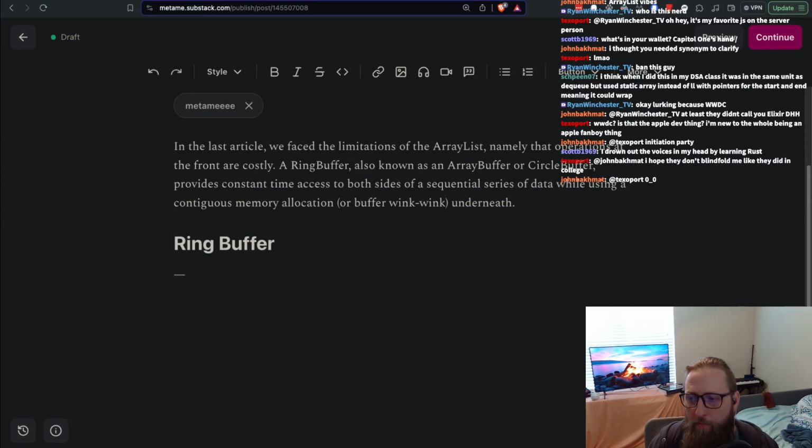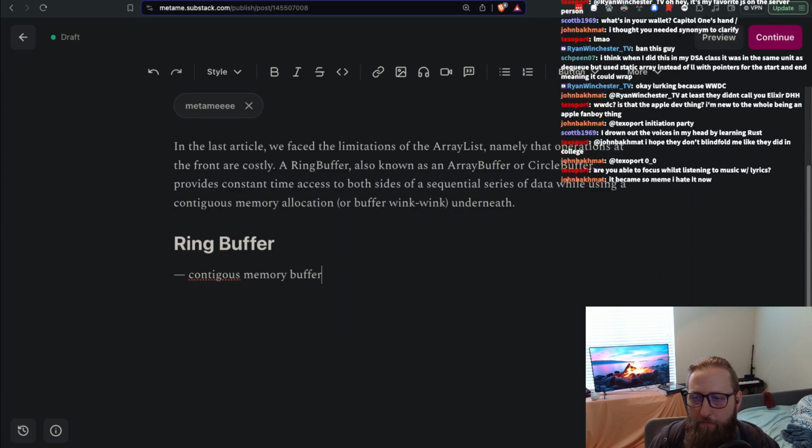Okay, so the point of a ring buffer, we have a contiguous memory buffer,